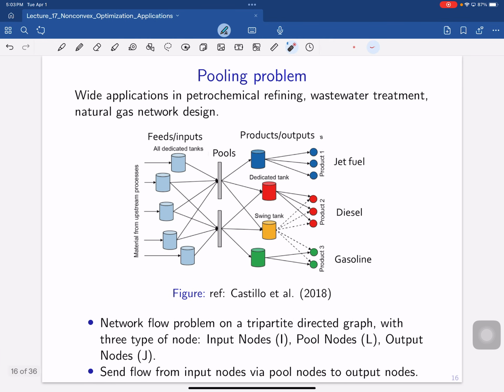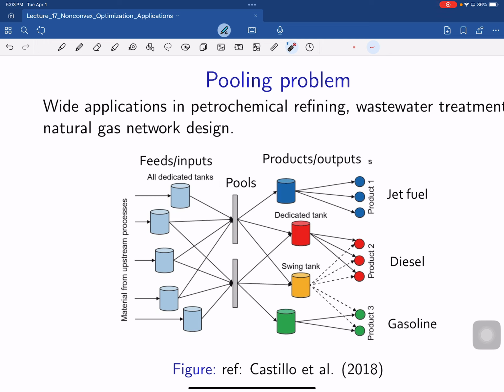Yeah, now let's talk about one of my favorite problems in chemical engineering called the pooling problem. This is a problem very widely solved in the chemical industry, especially the petrochemical refining industry, and some people also solve it in wastewater treatment or natural gas network design. Okay, so now the idea is in a petrochemical company, as we all know, right, if you go to the